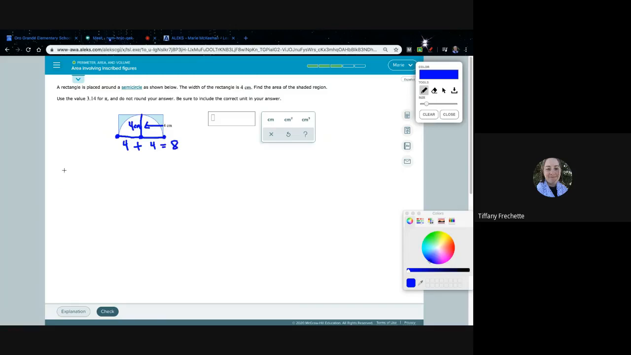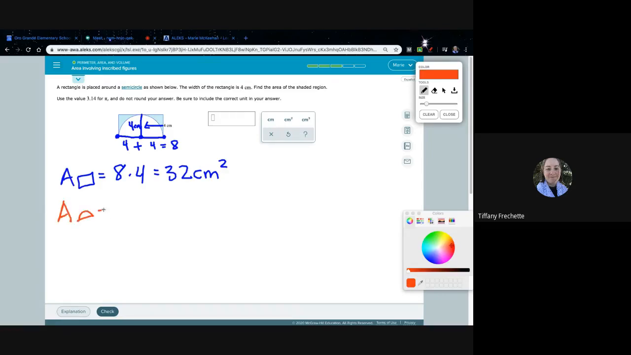Okay, so let's go ahead and find the area of our rectangle since we've got that now. So length is 8, width is 4. So 8 times 4 is 32. And remember it's centimeters, so we're going to go centimeters squared. Now let's find the area of our